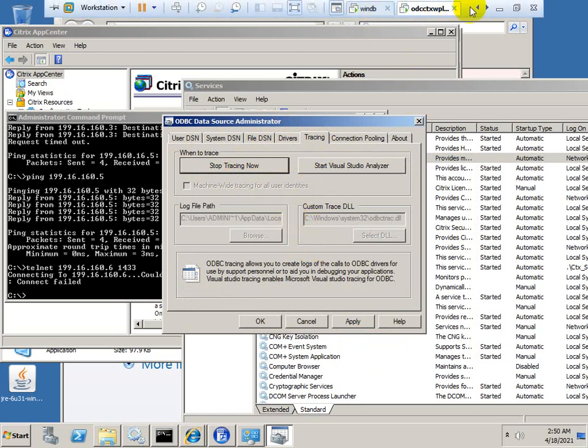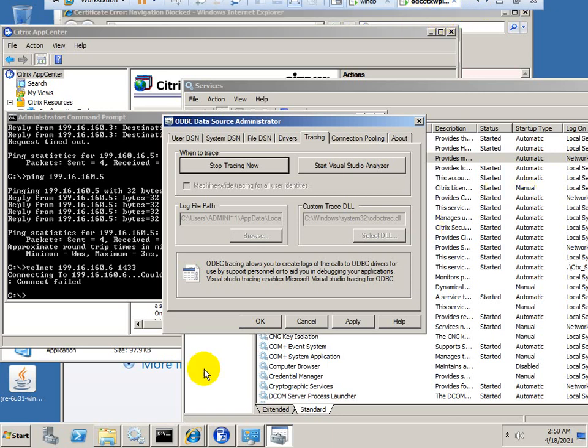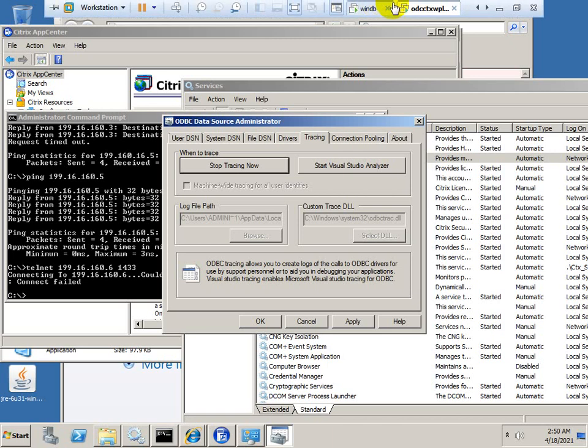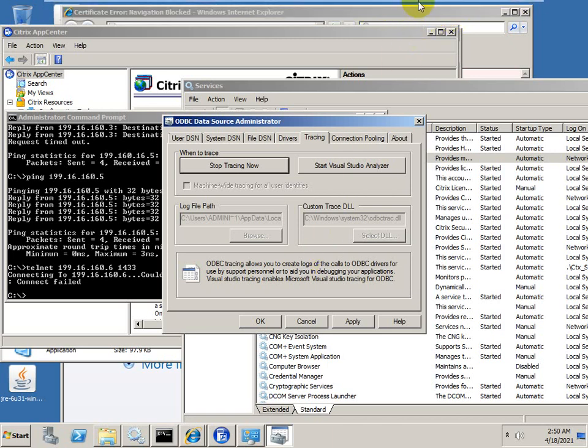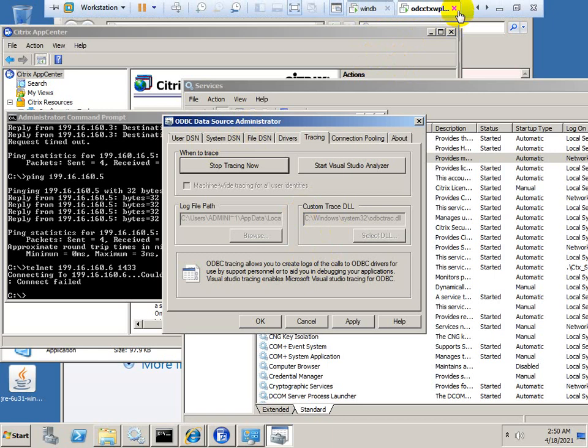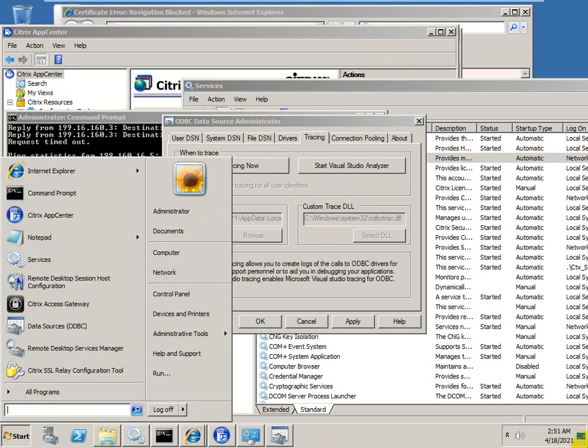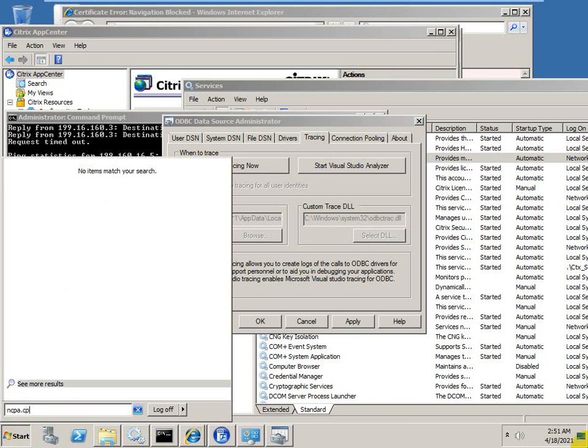Do you know what the reason is if I am not able to ping with the host name, but I am able to ping using the IP address? It means your DNS is not able to map the host name with the IP address. So for this, we need to go to the DNS server and check whether the host record is created there or not. First of all, we'll go to lceu.cpl.